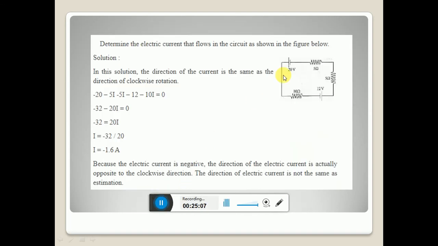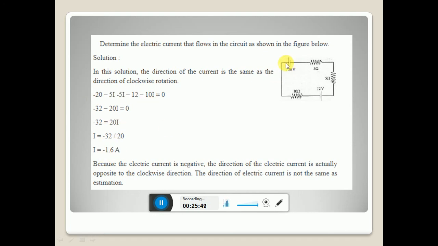Here I have given a simple circuit to find the current flowing through it. If you want to proceed in the anti-clockwise direction, you can proceed here. If I follow this anti-clockwise direction, the current starts from the negative terminal towards the positive terminal, so this 20 should be considered plus. There will be no change in considering clockwise or anti-clockwise direction. Here in the problem, the solution is given by considering the clockwise direction of the current. If you want to follow the anti-clockwise direction, that is also correct, but you will get the equation in the opposite sense. Anyhow, the answer will be the same.